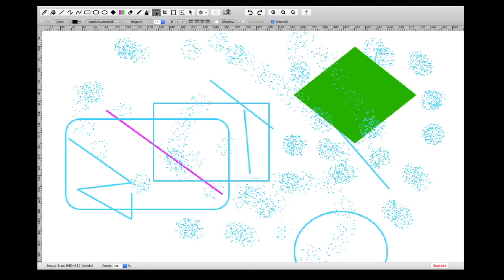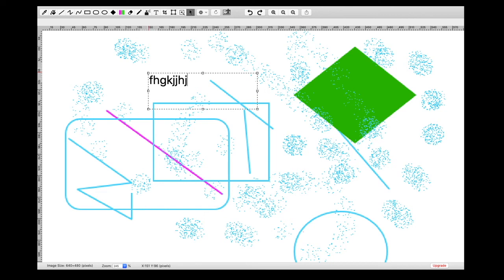Now next is text tool. By using this tool you can type anything you want. I think you are familiar with this tool. Now next, which is a very important tool for you, is this one. This is a very important tool for all, because you can import an image or anything you want on this screen by using this tool. So guys, this is how you can use the paint in your MacBook.